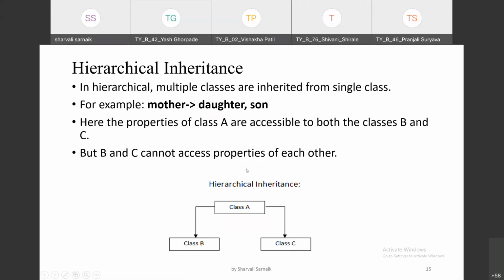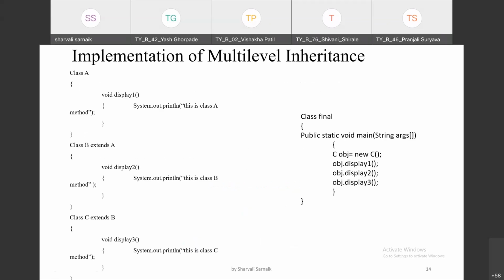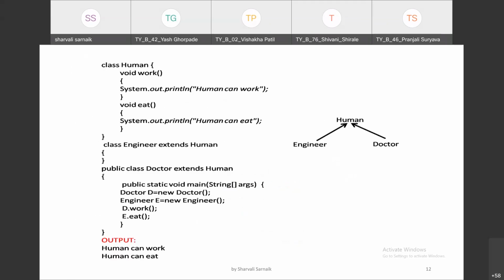Let me show you one program of hierarchical inheritance. See, this is an example of hierarchical inheritance. We have a class called human, which is a base class, and there are two new classes, engineer and doctor. In the class human we have two methods called work and eat.